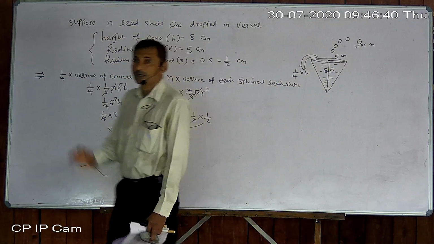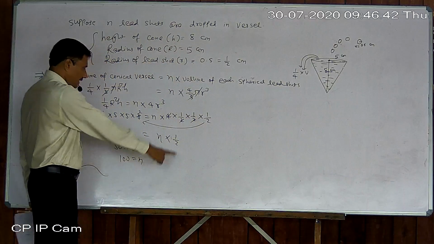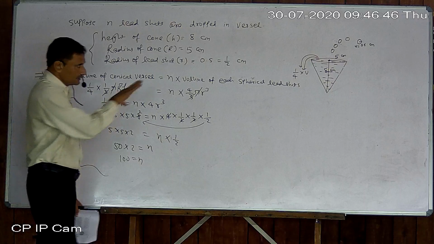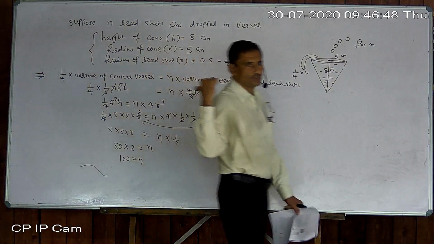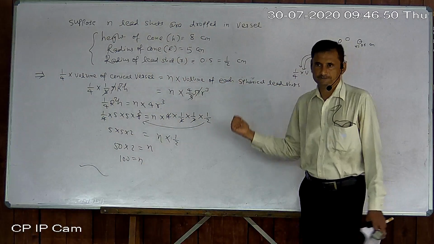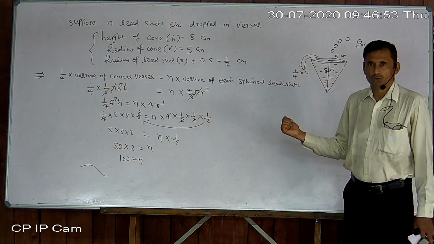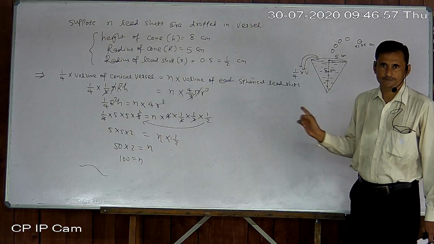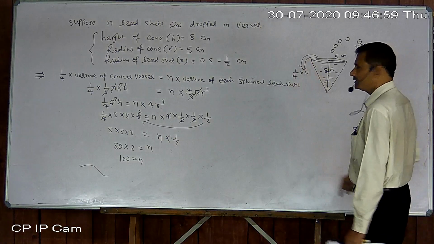That number of lead shots. So again, remind that it is nothing but the number of lead shots. Okay, so I think you have to concentrate more in this sum. Okay, it is quite different from other sums. Okay, so just go through it again